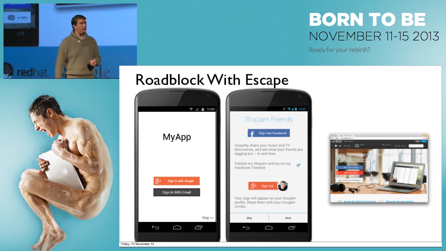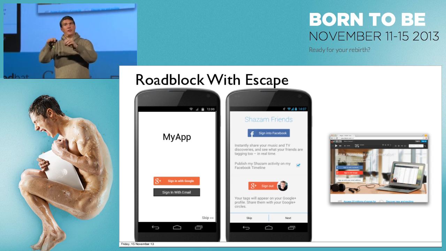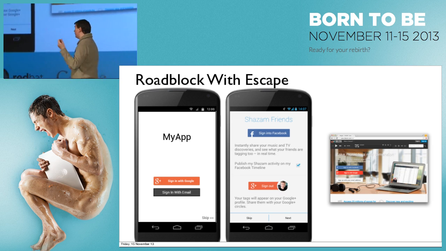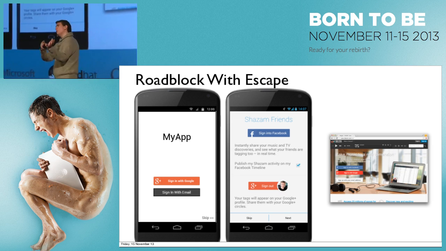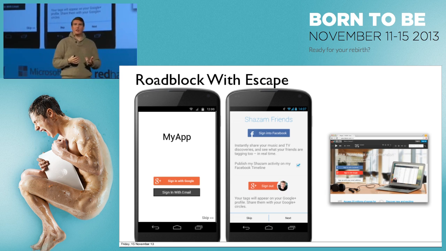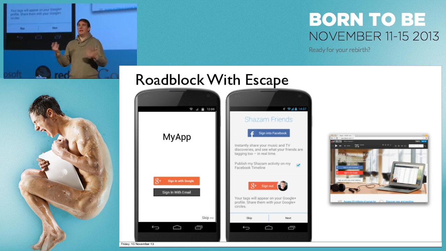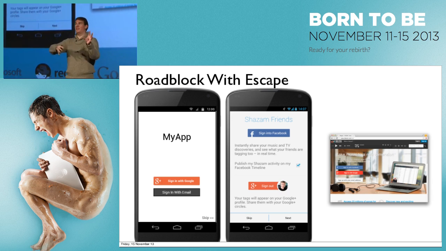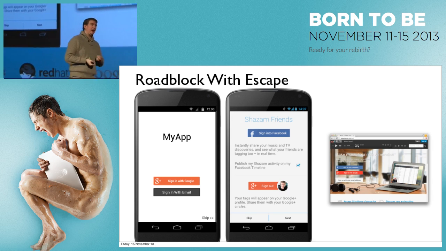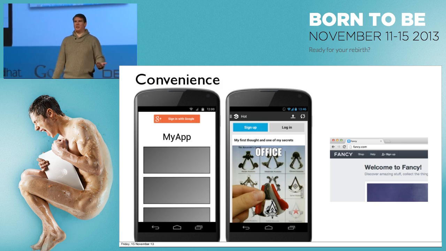So what some people do to give users an option is put an escape route in, put a skip button. And that works. You can go and you can build an application like this. This will recapture some of those users that would have just uninstalled or closed the app. Giving them a skip button is a legitimate move, and it still prompts them to sign in very strongly. But you are going to have to deal with the extra cost of being able to build your application for an identity and for not having an identity. And some users will still uninstall. Some users are just going to look at this and go, oh, I don't want to sign in, go away.